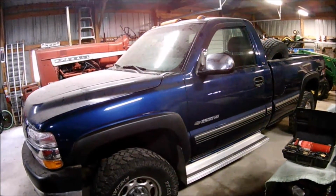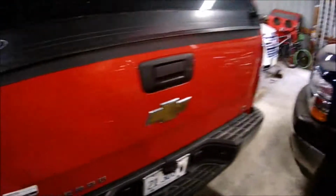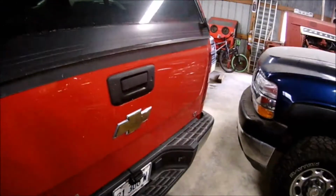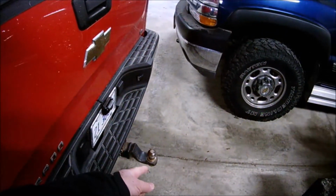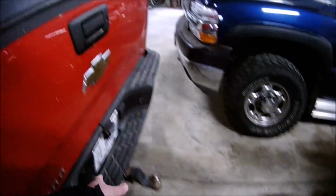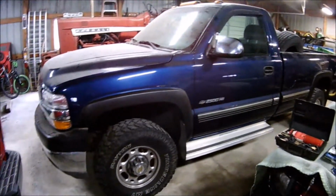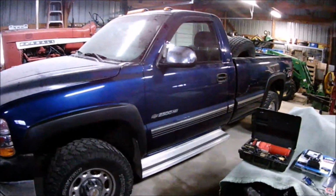If you watched the last video, you saw on my 09, I put a backup camera back here on the license plate so I could see what was behind me and see when backing up to my trailer where my hitch and the trailer hitch would be, so I would not smack my license plate, bumper, whatever. I could back right up to it and go. So, that being said, today's project is going to be